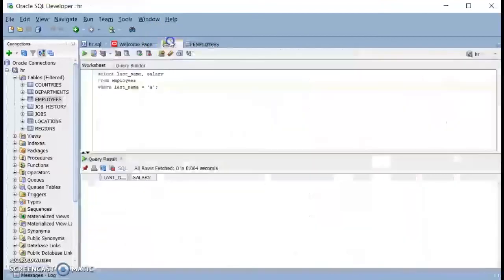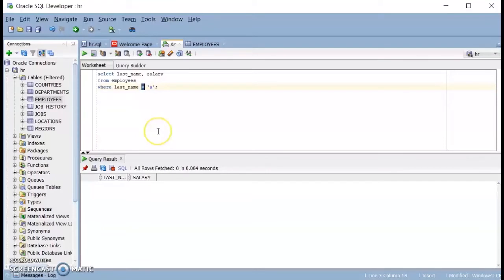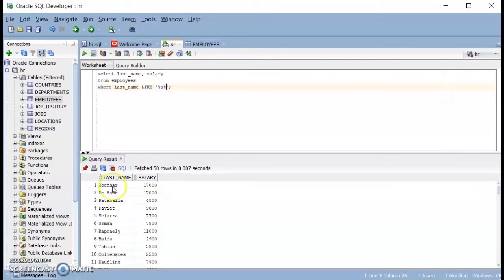So, if we only know a portion of a string, of course we cannot use the equal operator. It has to be the LIKE operator. But if you want to use LIKE, it has to be with percentage or underscore, the wildcard characters. Percentage denotes many characters, while underscore is for one character. So now we want to find all employees that have A in their name. Before A it can be any characters, and after A also it can be any characters. If we execute this one, we get all the employees that have A in their